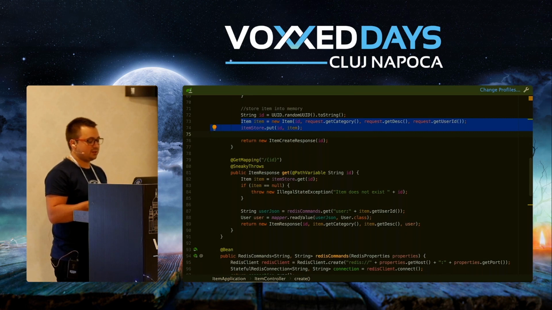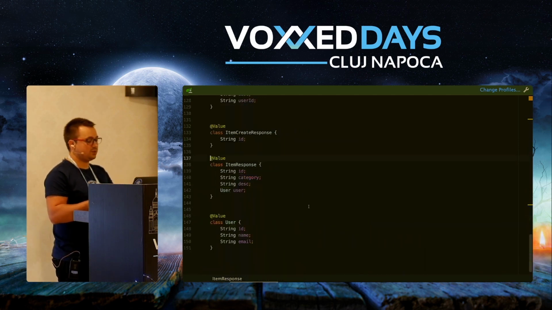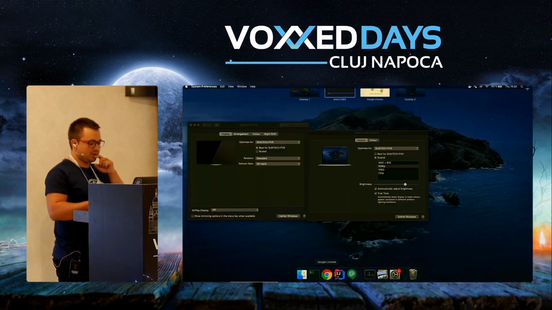So the idea here is that we serve not only the item, but the full description of the user. So for that purpose, we also query Redis again. Get the user, merge the result, and give the response, item response. It's like this. So it has here the full user description, ID, name, and email. So let's see how we can